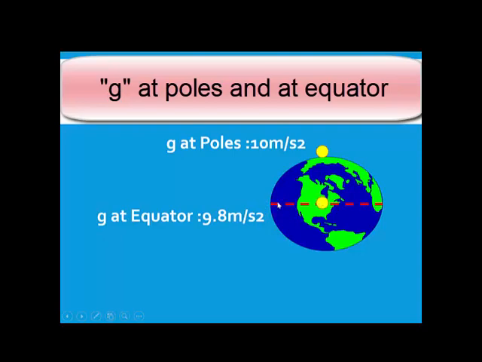When I'm at the center and I travel to the equator, to this point here, you know that this distance is more than this distance. So if I take a ball, or any object, at this point, the acceleration due to gravity at the equator will be 9.8 meters per second square. For all practical purposes, we take the value as 9.8. When the value is not given as 9.8 in any numerical, then we can take a rough value of 10 meters per second square.